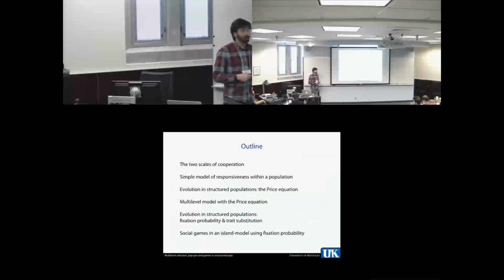So this is the broad scale outline. I'll start off by presenting a model of responsiveness, a within-group cooperation example of a repeated interaction of playing a game over and over. And then I'll